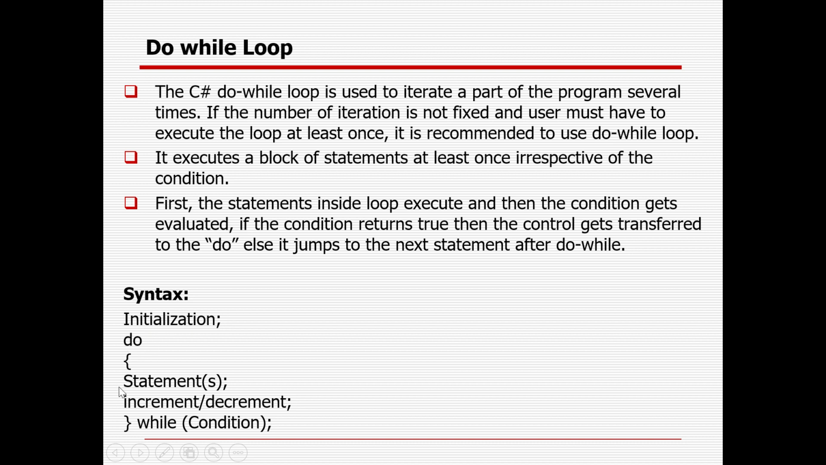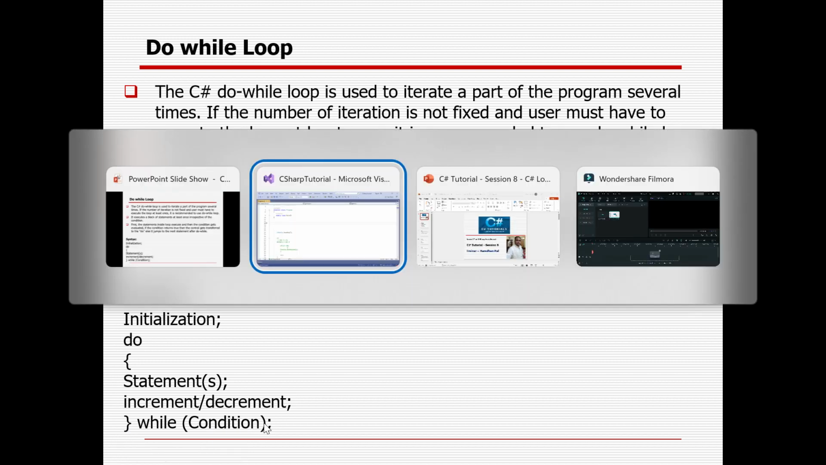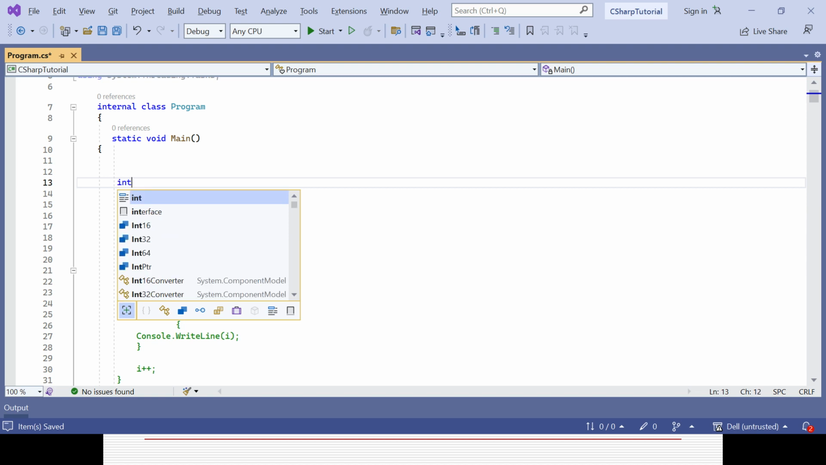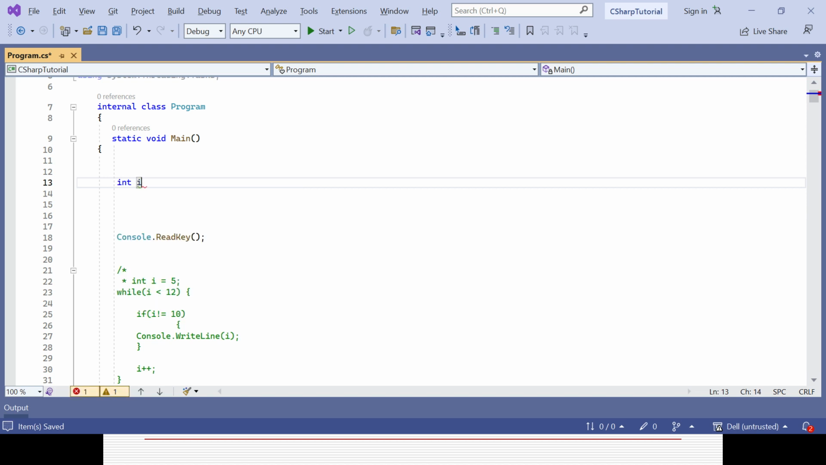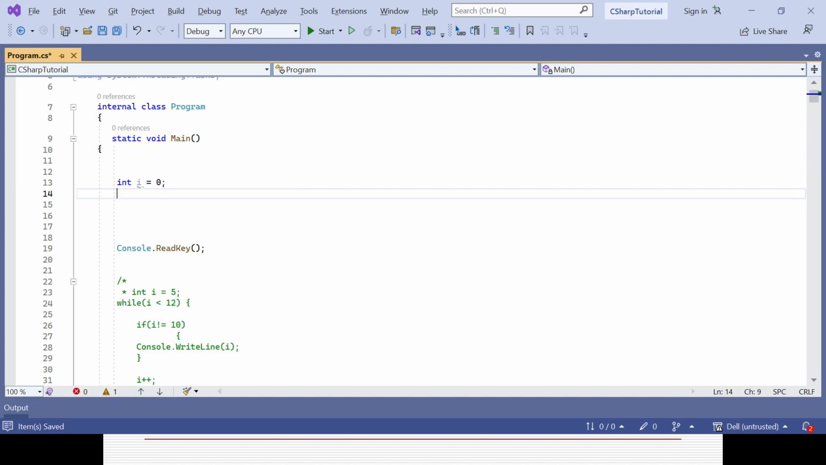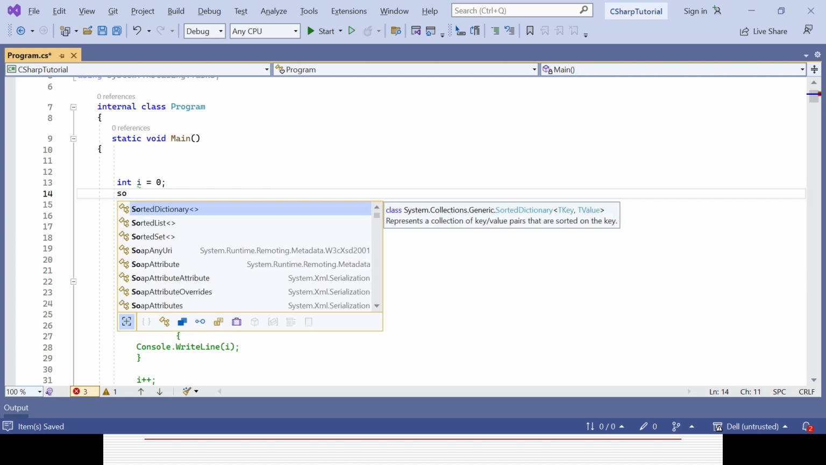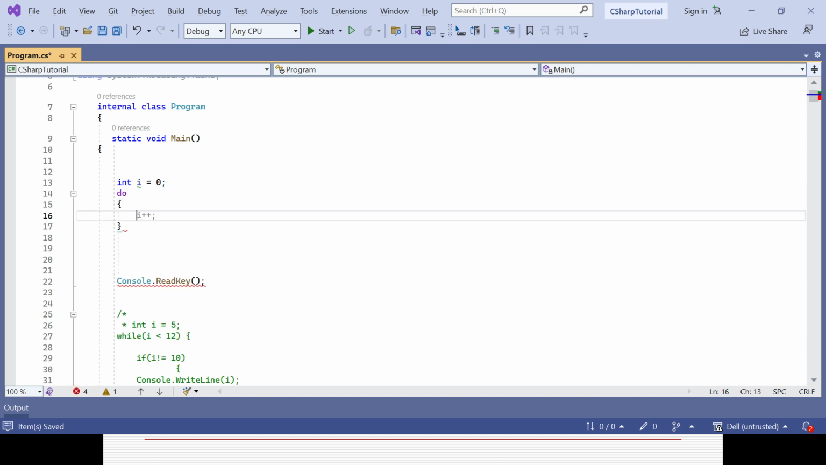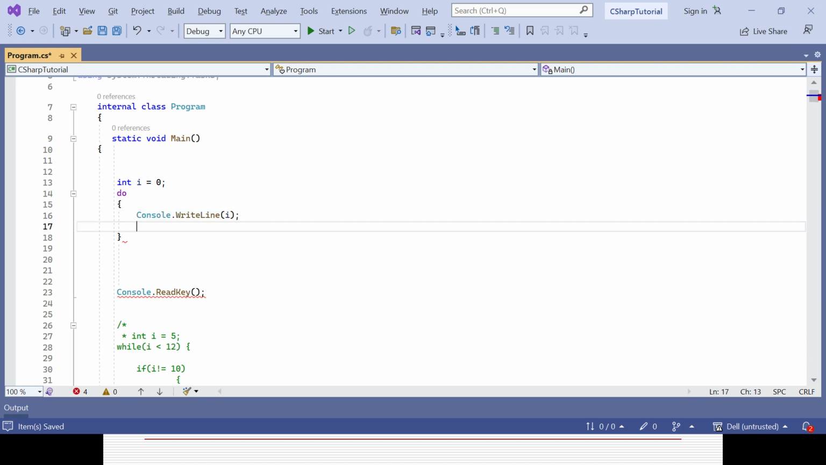Initialization, then do, then statement. After that it will increment or decrement, then it will check for the condition. So that is the syntax for the do while loop. So first initialization, suppose say integer i equal to 0, then do, right? Then I need to give a bracket here, and here it will be the statement. So the statement is Console.WriteLine(i), then i plus plus,